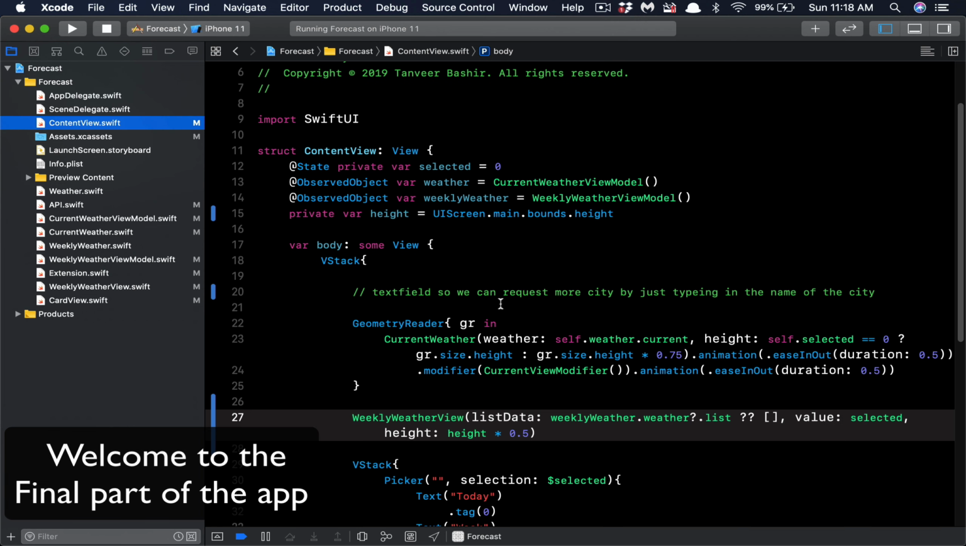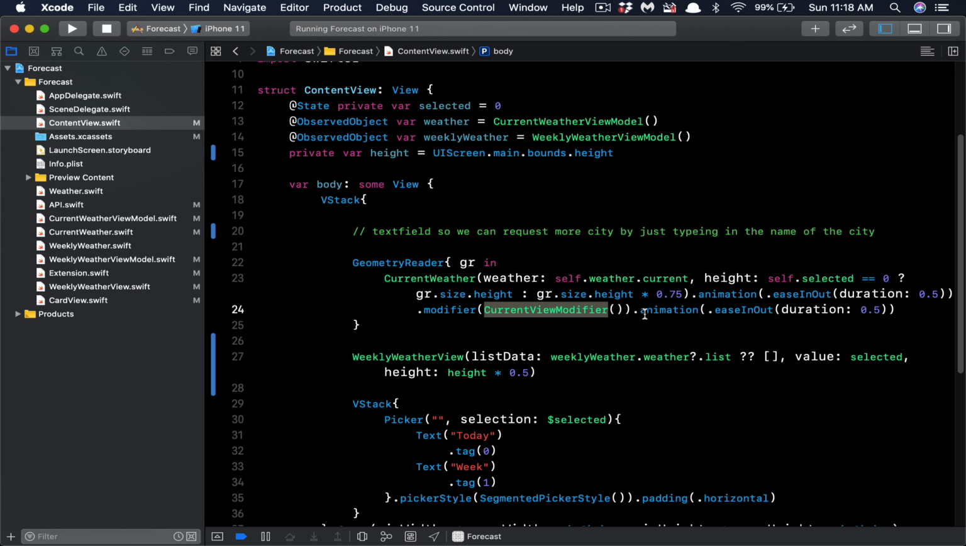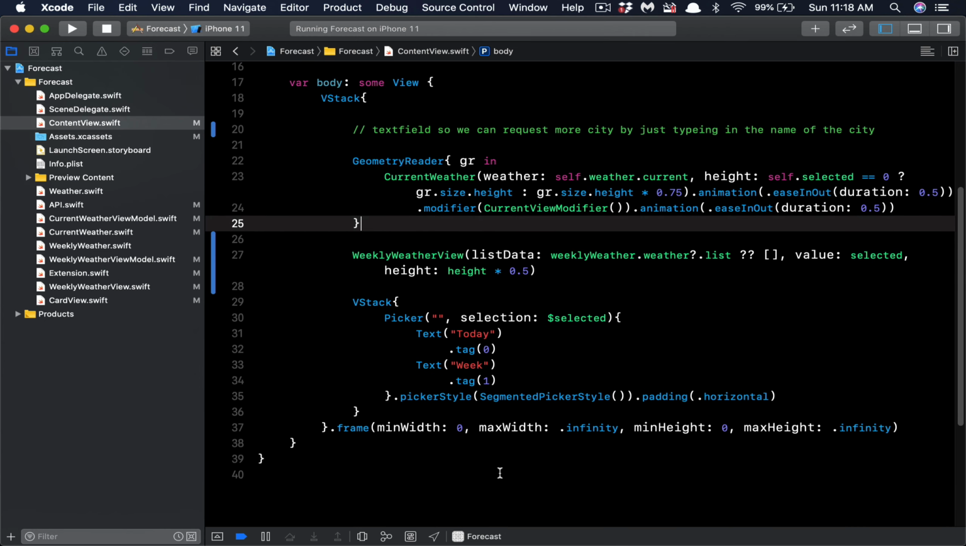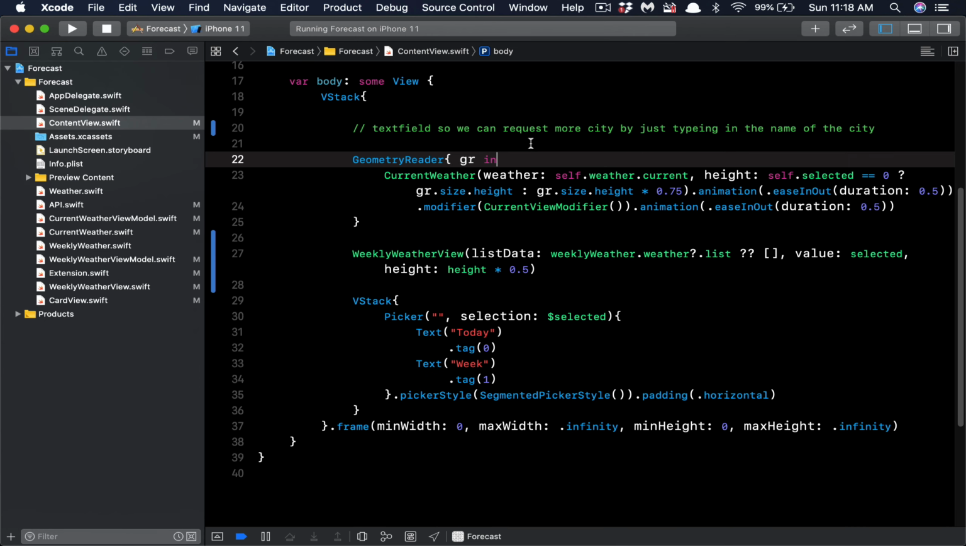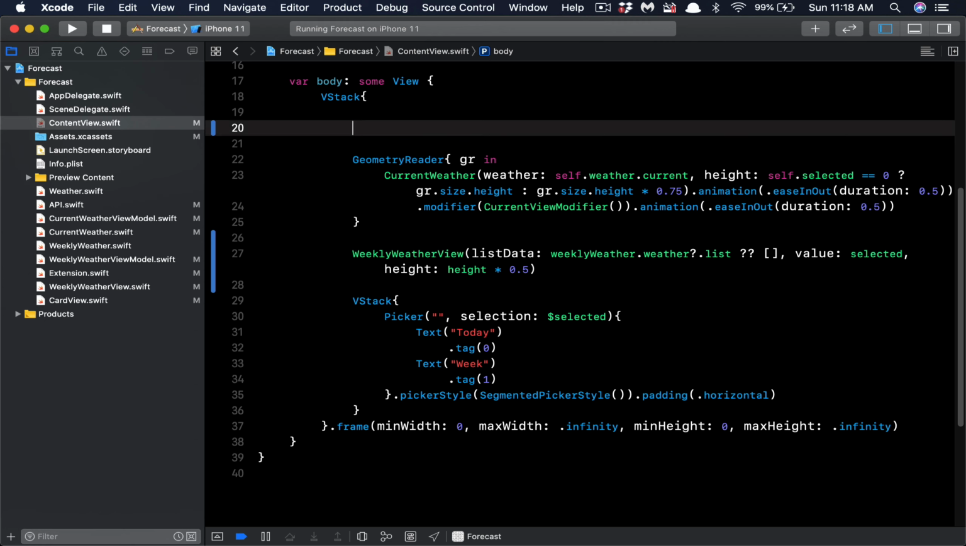I go to content view, let me see if I'm using it in the current content view modifier, and then I'm animating it right here. All right, great. What we need right here, the idea is we want a text field,